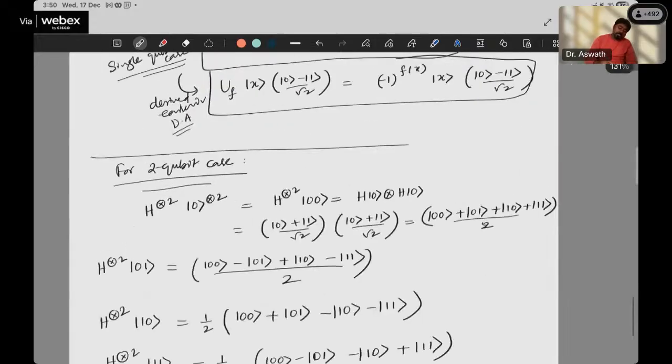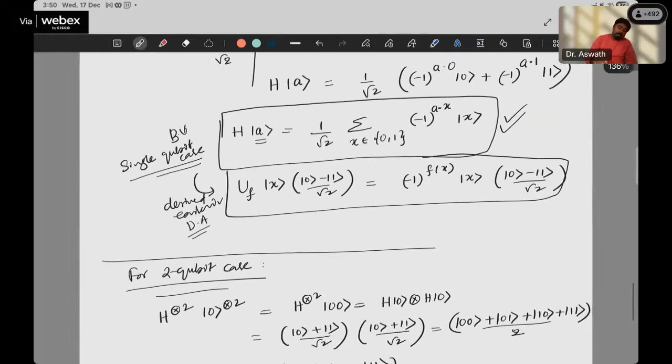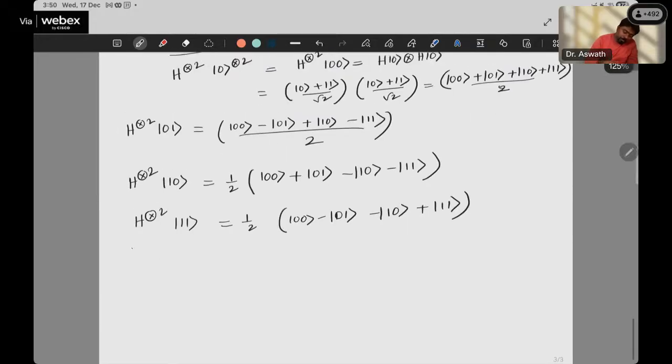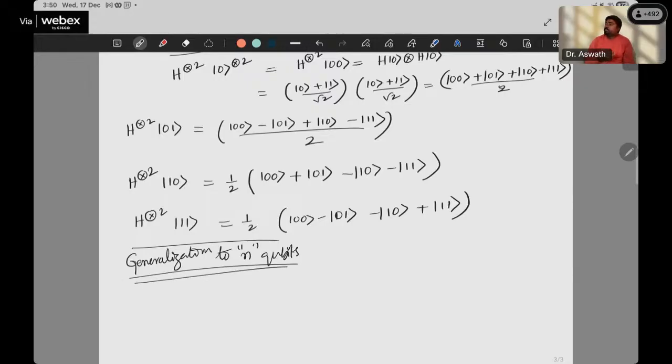We will just say generalization to n qubits. We simply say n Hadamards acting on a string of